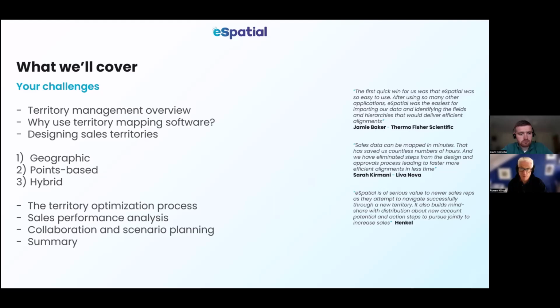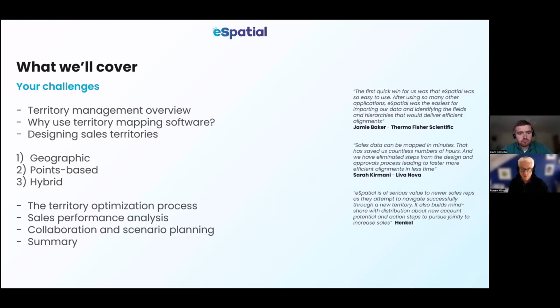And then obviously a very important part of all this process is the ability to collaborate with others and scenario planning. So Liam is going to highlight some of those scenario planning tools, the ways that you can actually use the tool to share with others. And because we are going to touch on the subject of disruption, which we know is a key issue for people in terms of managing the transition of accounts and how to minimize the effect that that can have on customers and salespeople.